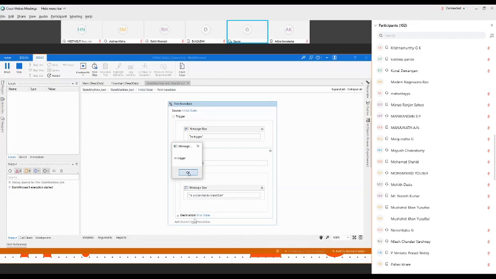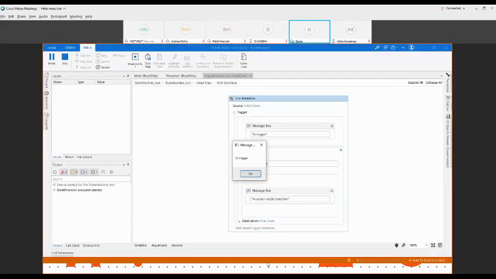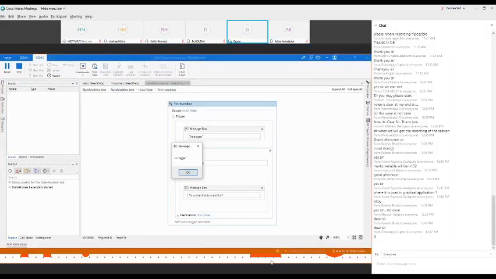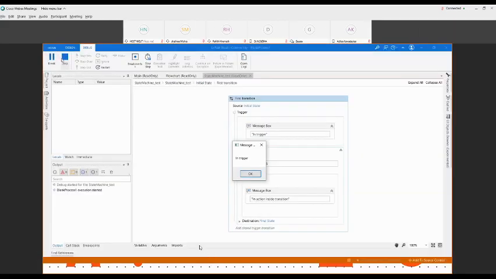Now it is stuck. Why? Because if the condition is wrong, it will go to the trigger again. Now there is no choice, we have to stop it forcefully. Is this part clear?